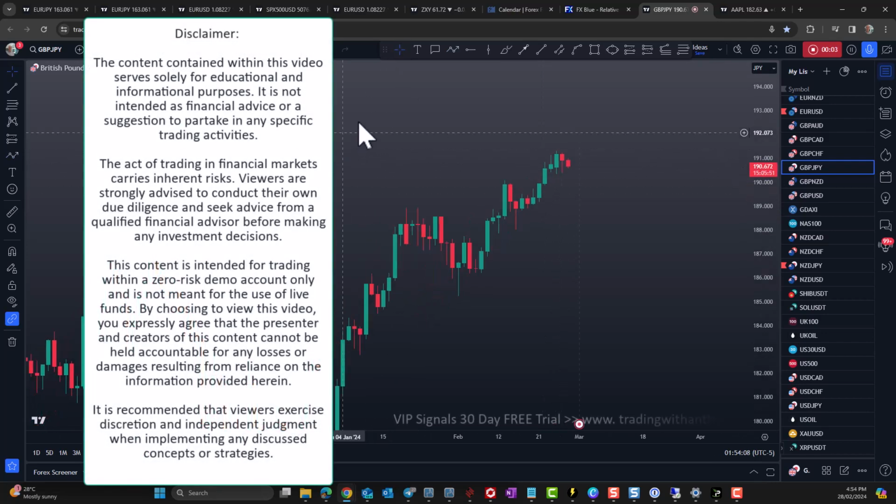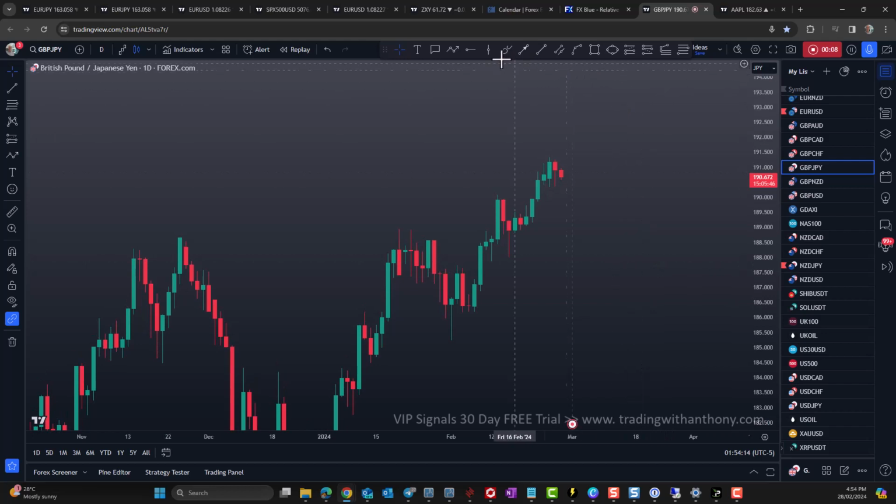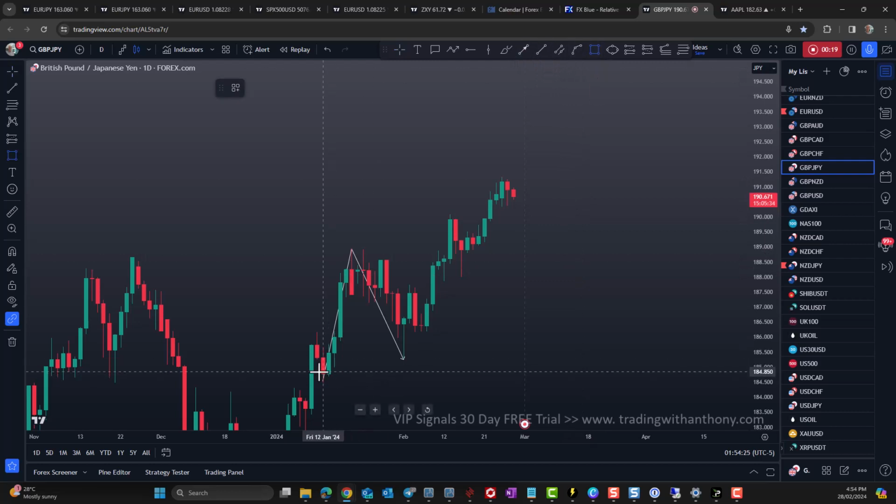Traders, we're looking at the pound yen daily time frame. I'm going to give you 3 trade ideas. Have a look at this swing, price swing low to high and the retrace. I'm just picking up the base of these candles. If we consider the base of these candles where we see this range, okay, we can pull a swing low